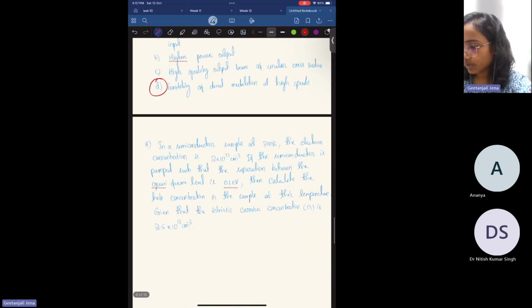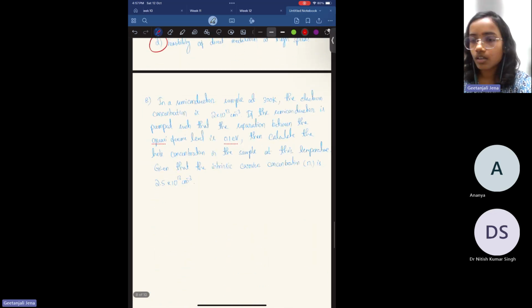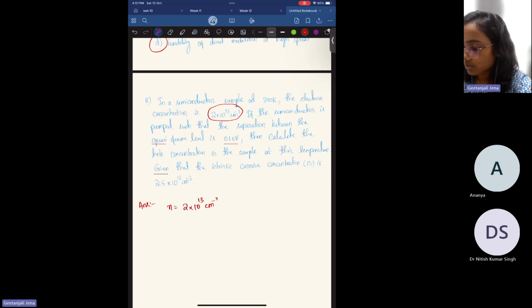So let us move to the next problem. It's a numerical one. Let me read out the question. In a semiconductor sample at 300 Kelvin, the electron concentration is 2 into 10 to the 13 per centimeter cube. So it is given the electron concentration N equal to 2 into 10 to the 13 per centimeter cube. If the semiconductor is pumped such that the separation between the quasi-Fermi levels is 0.1 electron volt,